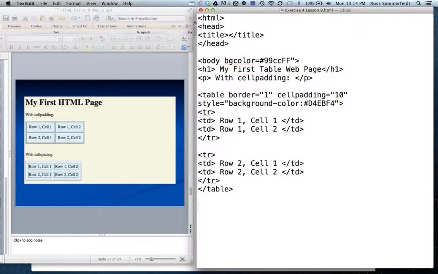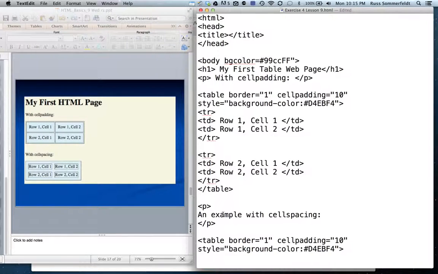So now what we need to do is add another paragraph, add the text, an example with cell spacing, close that paragraph tag. And once again, we are going to create the table that's down here. Now, what we want to do is copy this because it's useful. We don't have to code it again. The table border is the same. The cell padding is 10. The style background is,